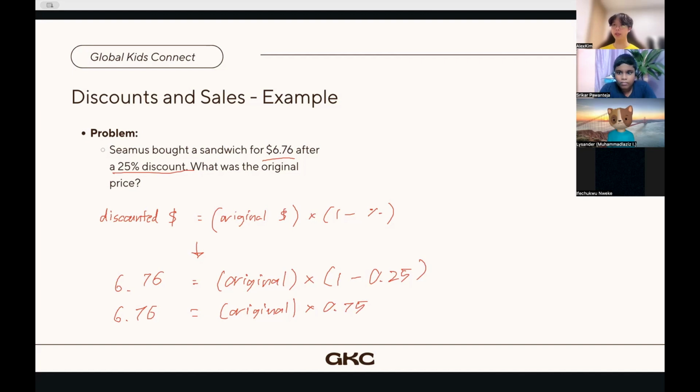If we divide each side by 0.75, then the original value is equal to 6.76 over 0.75, which equals, if we plug it into our calculator,